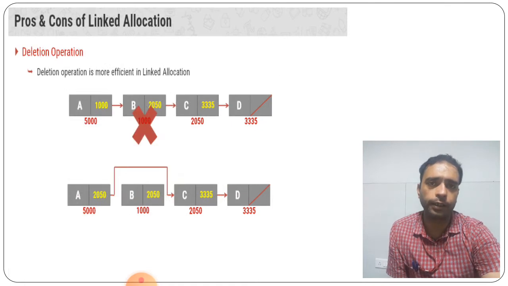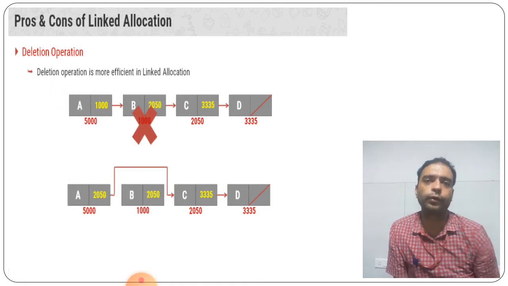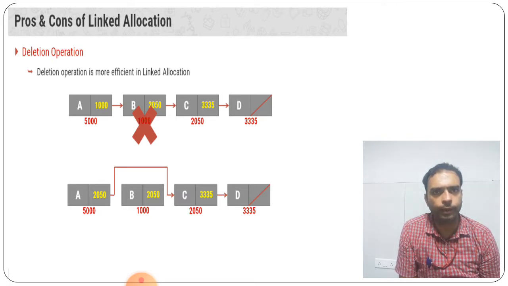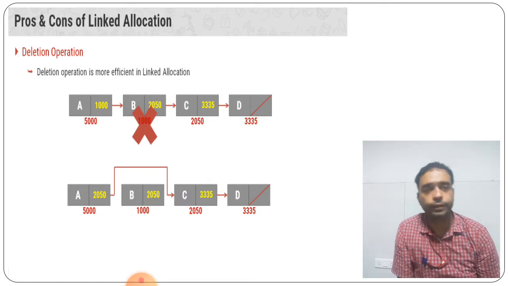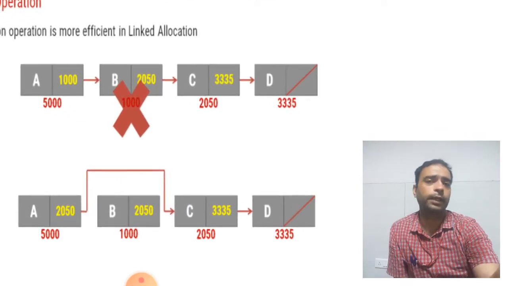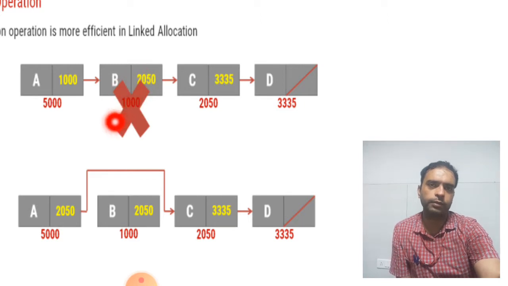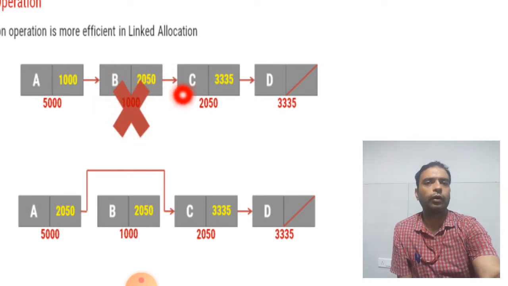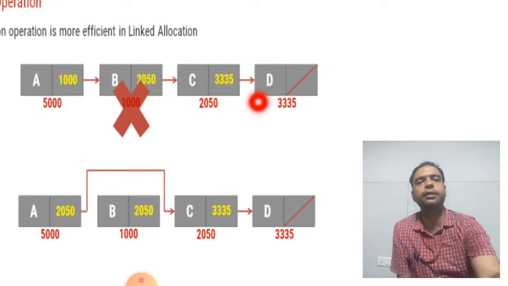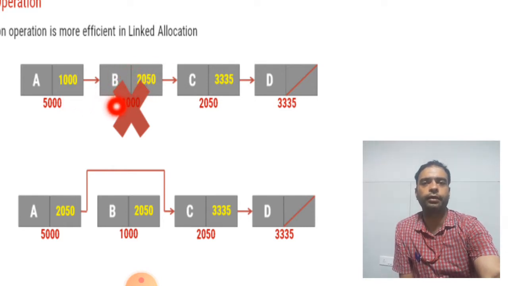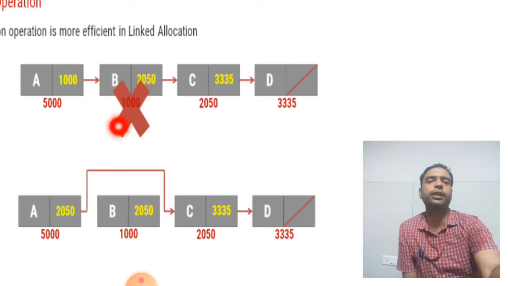Now next part, here the deletion operation is also more efficient. You can delete any node from anywhere, any particular position, we can say. So here the example is given. Here the A, the 1000 part is given. Now this cross is showing that the B part is to be deleted now. C and D are the next nodes. Here it is showing the 1000. The 1000 is the address of this node with information B.